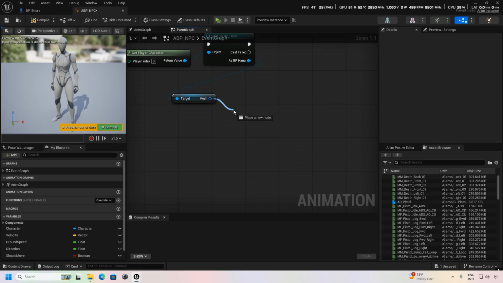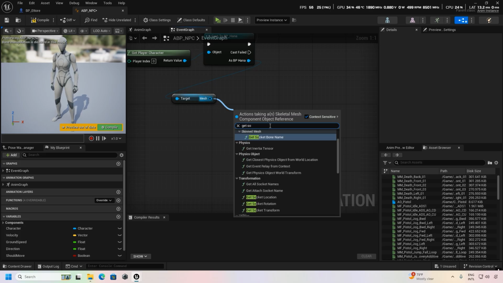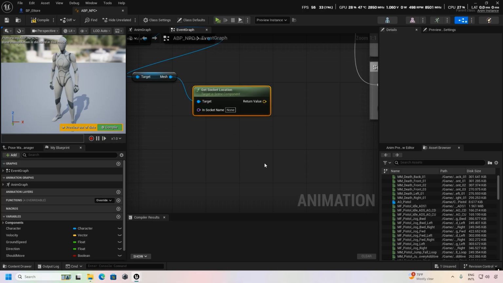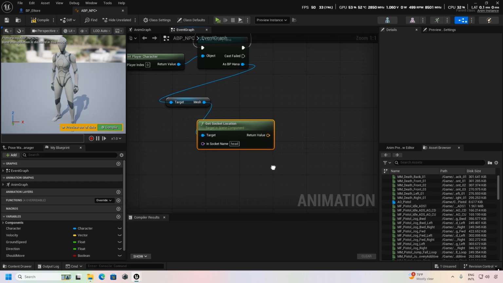Now we search Get Socket Location. Okay, and we also name it head. Please write the same name, exactly the same name, as your character's head.